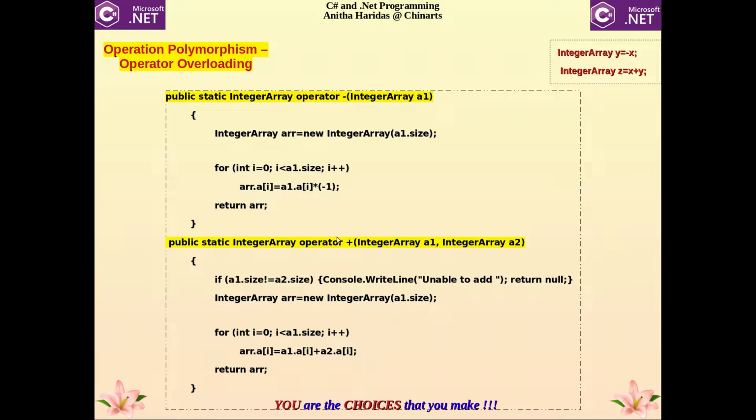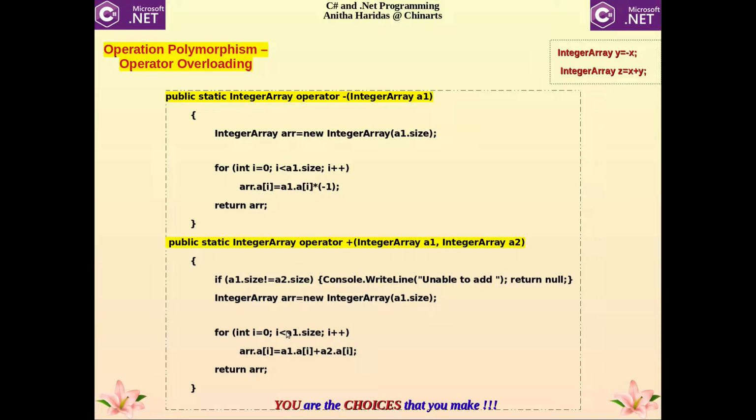The same way for the operator plus, I am passing two integer array parameters. I add these array elements, A1 array elements are added with A2 array elements, and I am creating a new integer array called ARR. Then I am going to return it.